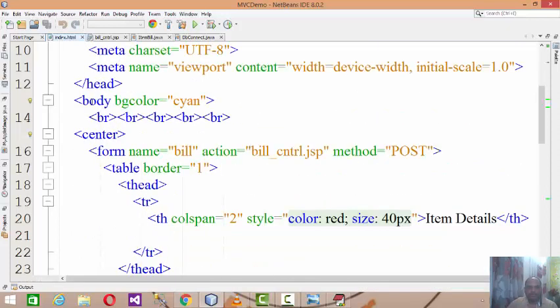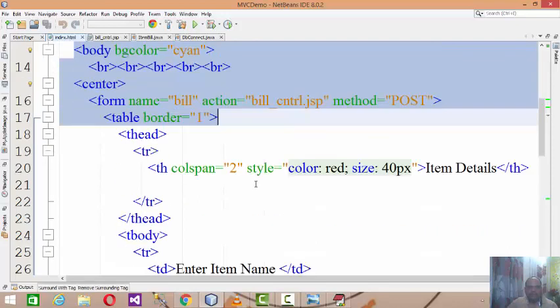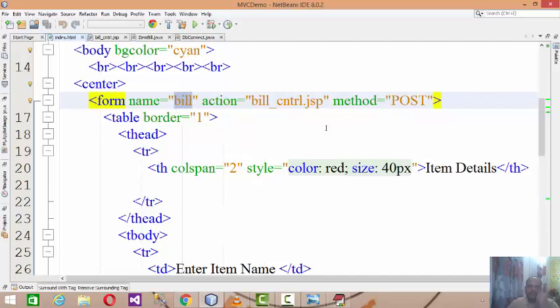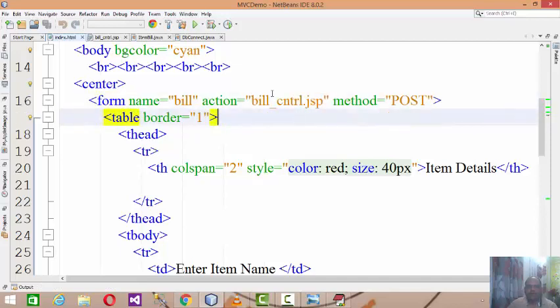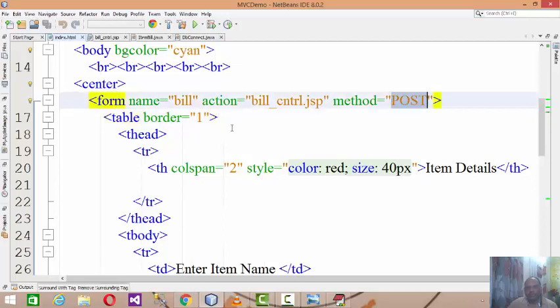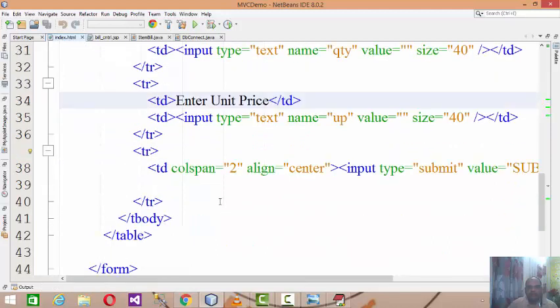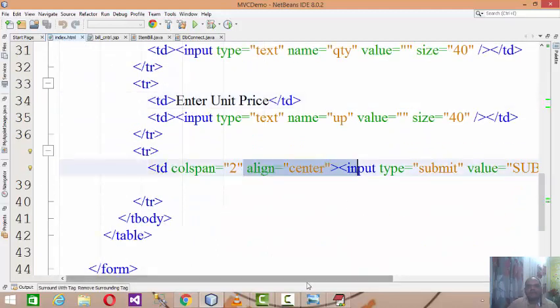For inputting data, I am defining index.html, where I am developing a bill form, name equal to bill, action equal to bill control.jsp. Means bill control.jsp is my controller, and I am going to post the data to it. I have a table where all the fields, item name, unit price, quantity, and the submit button are there.